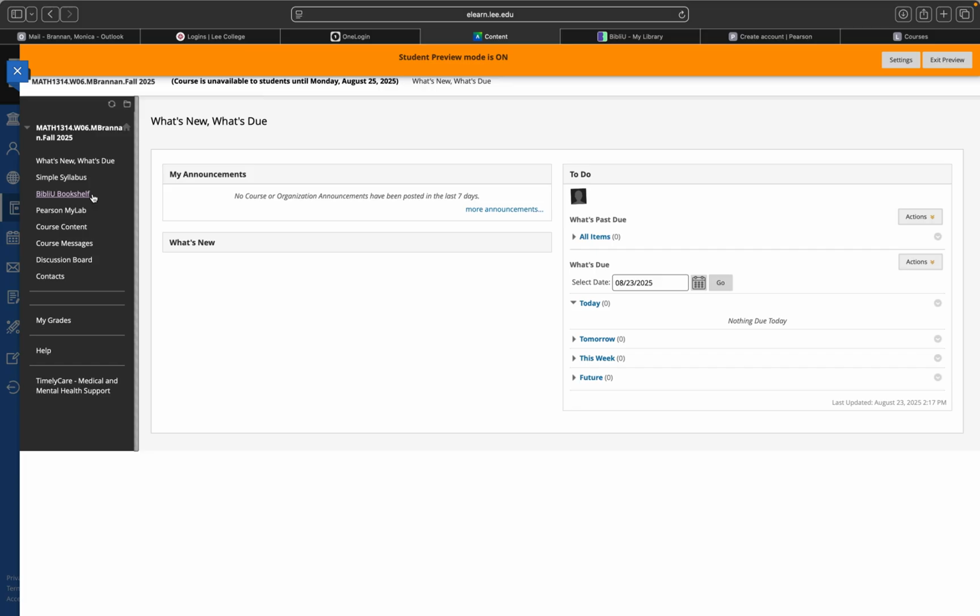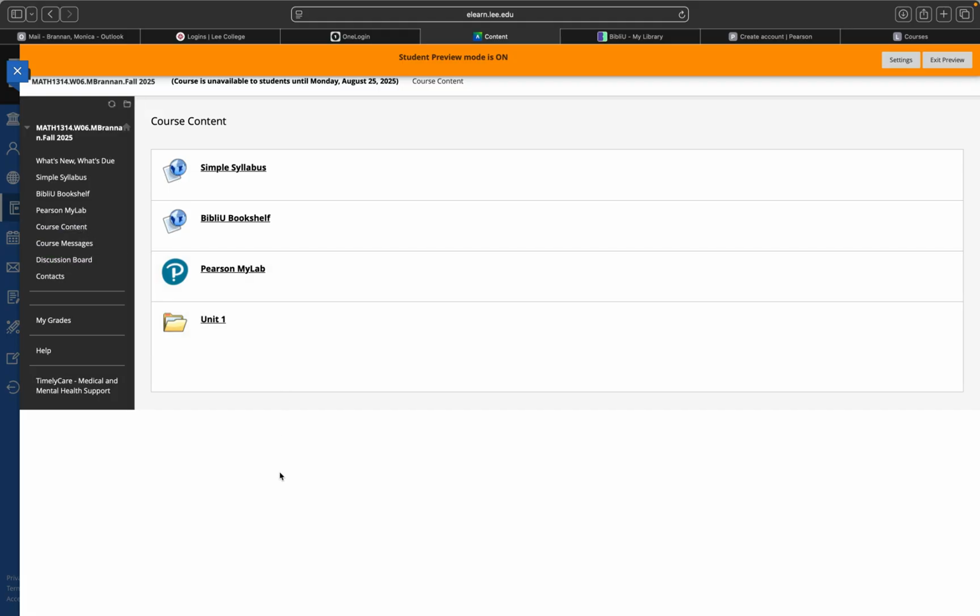Now, as the semester rolls on, I will move those two, the simple syllabus and the BibliU tabs, to the bottom because they're not as important anymore. Pearson MyLab is where we do all our homework and we do our tests, okay? Course content is going to have all the information that we talk about through the course of the semester.